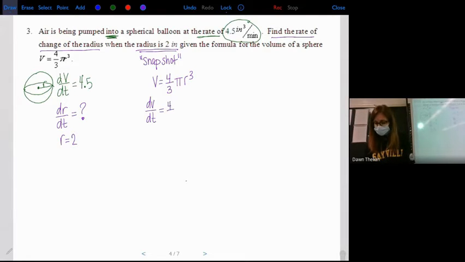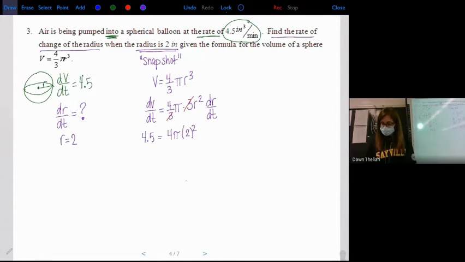4/3 pi is a constant. Then I've got the derivative of r cubed, dr/dt. Cancel those 3's, make things a little easier for us. And now we can plug in what we know. We know that dV/dt is 4.5. 4 pi, the radius. Here's now where I'm saying, well, what about when the radius is 2? So now I can plug into,